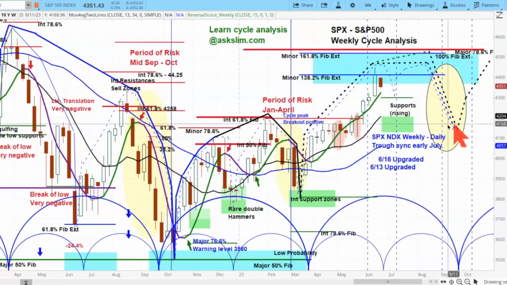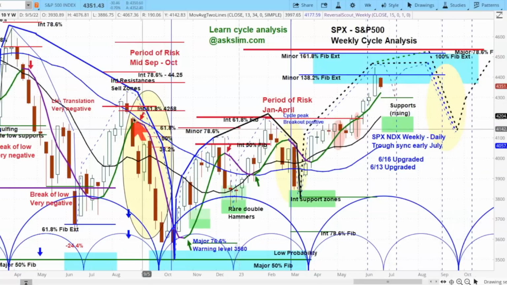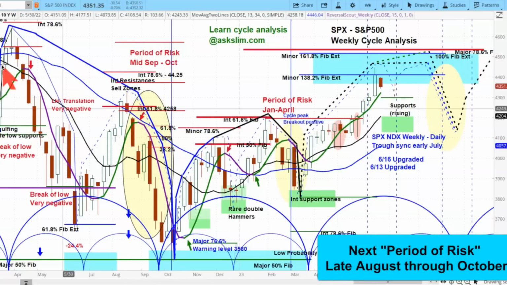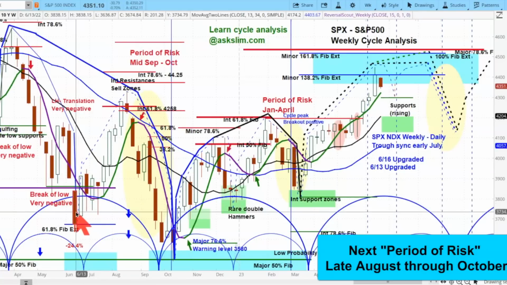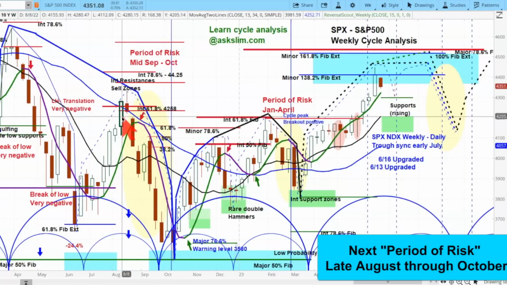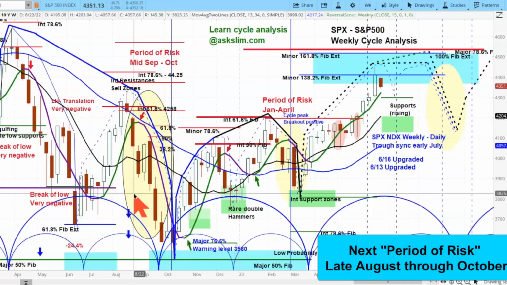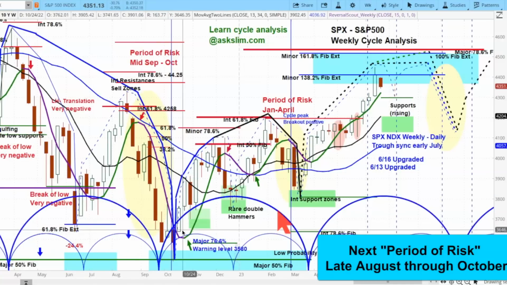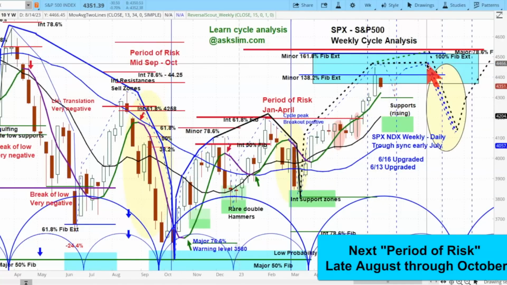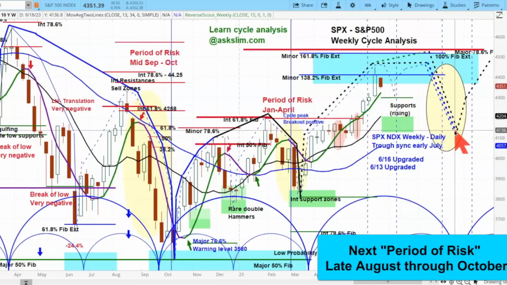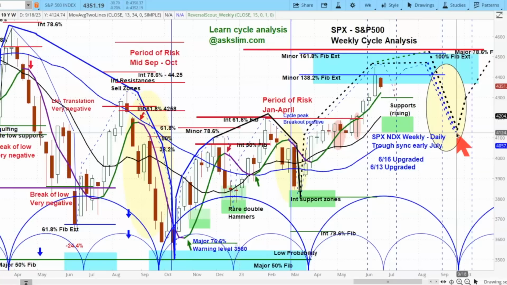But then we get into this period of risk right over here. That's like this one over here, except that this was a negative cycle. You see the first minor cycle was negative. That says that the next rally will fail in the resistance sell zone, which it did, and then come down and take out that low. In this case, this is a positively configured situation, so we would not expect it to be as steep on the downside in here. Still, this is a period of risk, and that downside could be